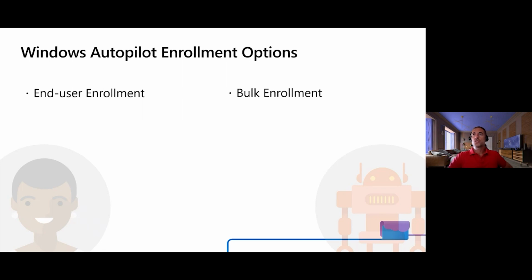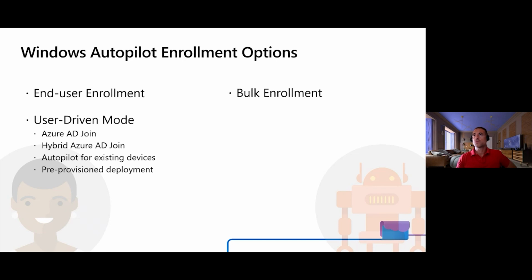Windows Autopilot offers two separate enrollment options. The first option is the one that is most suitable for scenarios where each student gets assigned a specific device, or what is called the one-to-one scenario. The user-driven mode for Windows Autopilot is the one that is specifically meant for the one-to-one scenario, and it supports modern